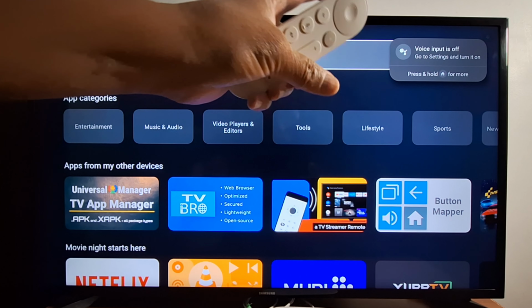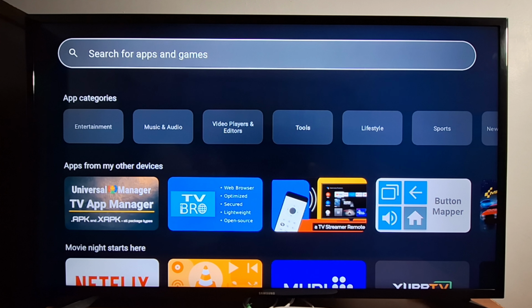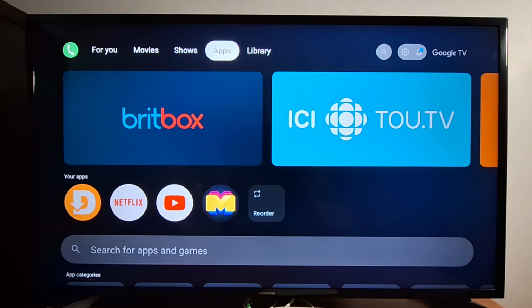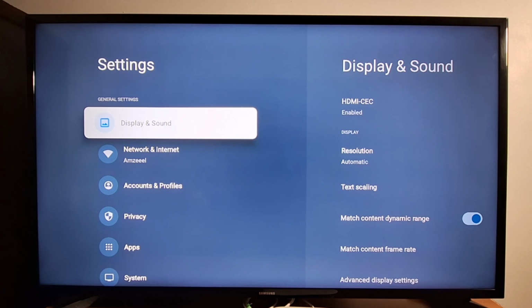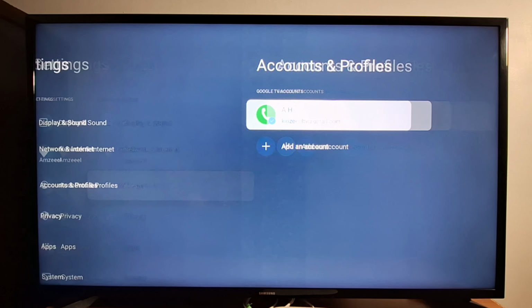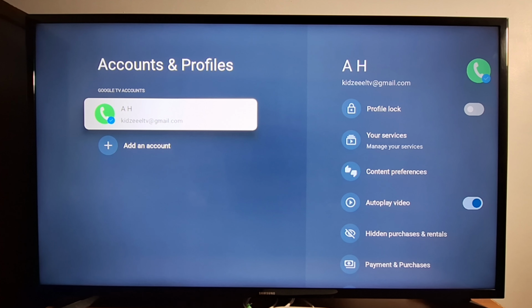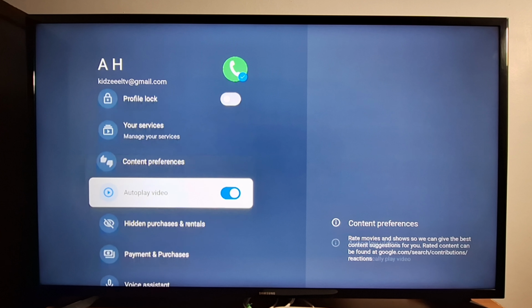It says voice input is off. If you have this issue, I'm gonna show you how to fix it. It's very easy. So I'm gonna go to settings and enable voice assistant first. To do that, open settings and then go to accounts and profiles. Press on your email address and then scroll down to